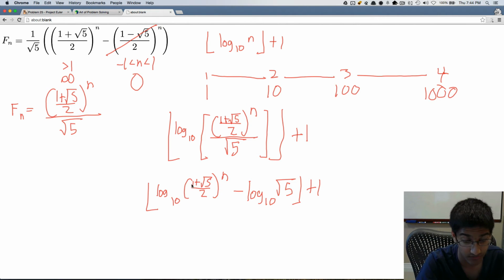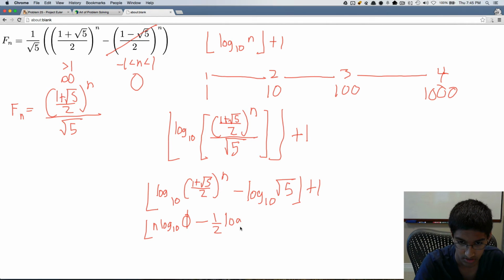Now we can simplify this a little further. We know that if we're raising a power and then taking a log of that, we can just move the power out of the log. And we can actually do that to both of these because we know square root of 5 is the same as 5 raised to the half power. So you can do n log base 10 of (1 plus square root of 5) divided by 2, which is phi, the golden ratio. So you can write phi right here and then subtract 1/2